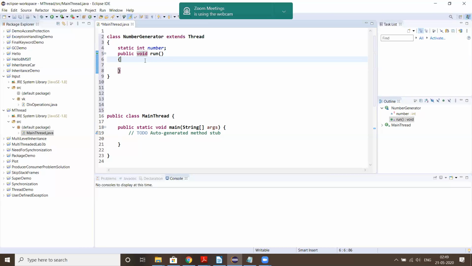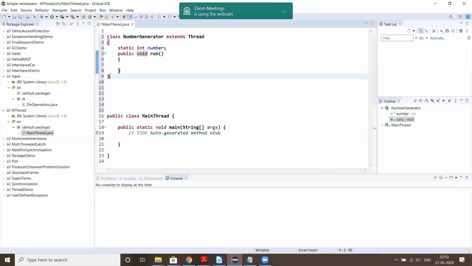Let me execute and show you how the concurrent execution will happen. Then we can perform those respective operations. So initially I'm going to display the thread name. So thread one, or whatever each operation we are planning to perform, will be displayed by this thread at regular intervals. Let me show that option.